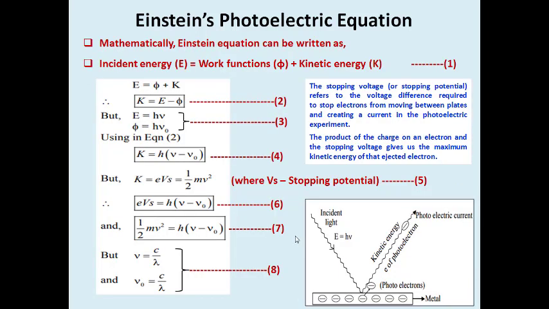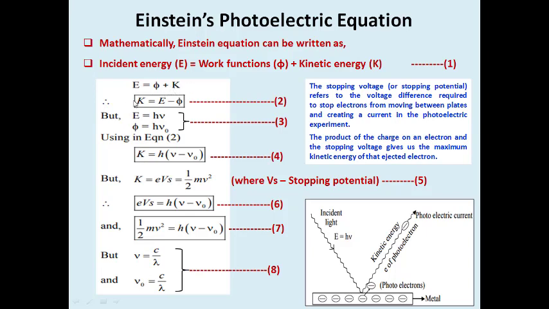So if we start deriving the explanation of the photoelectric effect, we begin with the conservation of energy for what happens when you apply an electromagnetic wave over the metal plate. We already know the incident energy over the metal plate will be equal to the work function of the metal plate added to the kinetic energy of the system. So we find the first equation: E equals phi plus K. Otherwise you can write it as K.